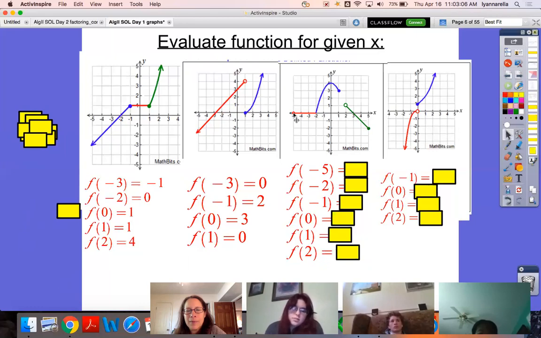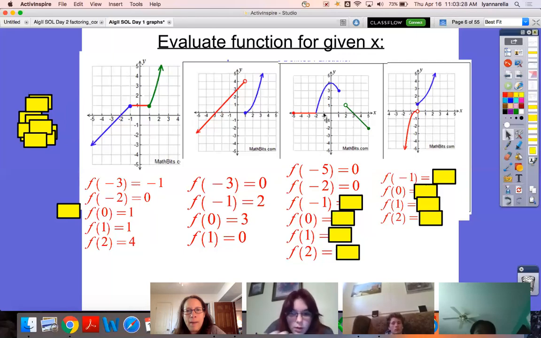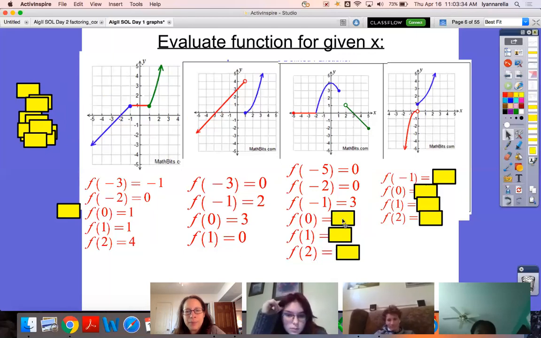What is f of -5? Would it be -2? Okay, if you're here on the x-axis, you have to go back and read the y-axis. What's the y-axis? Yes. And what is f of -2? 0. Correct. And what is f of -1? Being 3. Correct. How about f of 0? 4. Correct. How about f of 1? 3. Correct. And what about f of 2? 0. Okay, so this one